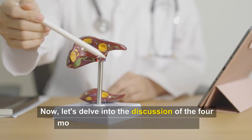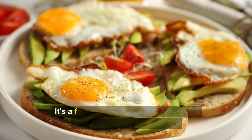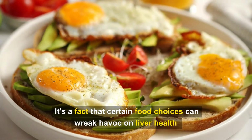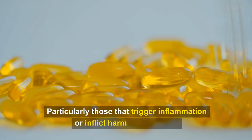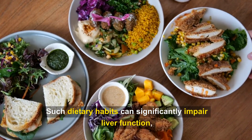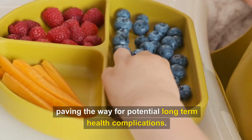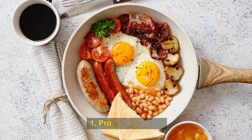Now, let's delve into the discussion of the 4 most detrimental foods for your liver. It's a fact that certain food choices can wreak havoc on liver health, particularly those that trigger inflammation or inflict harm on liver cells. Such dietary habits can significantly impair liver function, paving the way for potential long-term health complications. Among the top offenders for liver health are